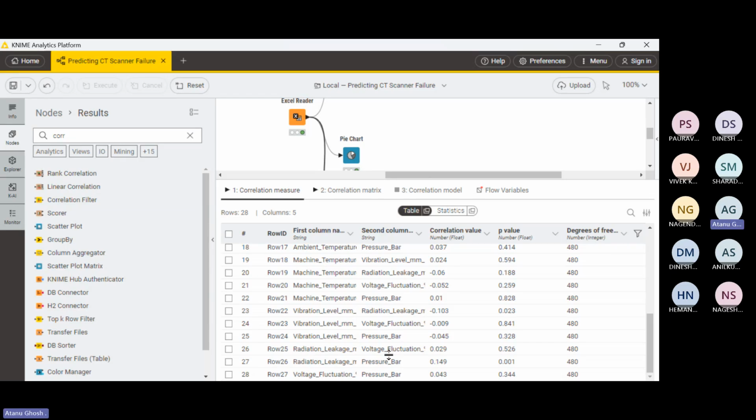And of course, if that is not the case, if both are likely to have equal or similar impact, then we have to find an artificial measure which will incorporate both radiation leakage and pressure bar. Maybe a product of the two values. That's the easiest way. If the two dimensions are different, you make a product of that, radiation leakage multiplied by pressure bar, and create an artificial measure that incorporates both and acts as one feature. Correct? Concept clear? Yes or no?